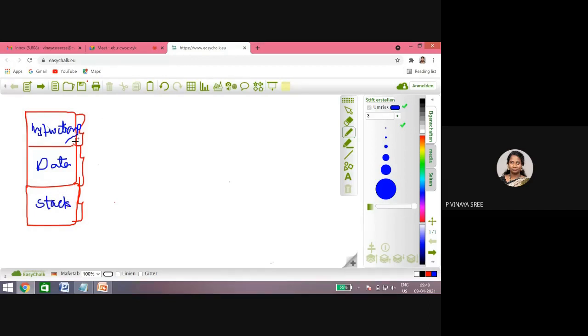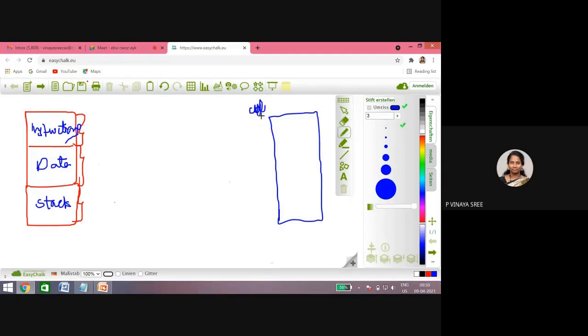Commonly, for every memory location you will have an address and a data.